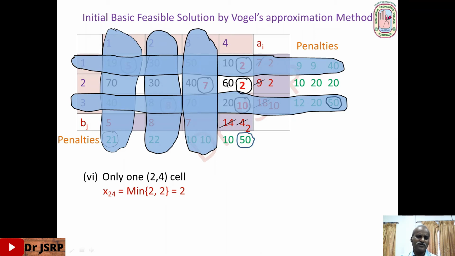Okay. So finally we have only one cell. For that cell, the corresponding available amount is the same as the corresponding required amount. So our calculation is right. Keep in mind, finally we get only one cell. For that cell, the corresponding available amount should be equal to the corresponding requirement amount. Then only the process is correct. Otherwise, we have to check the process.